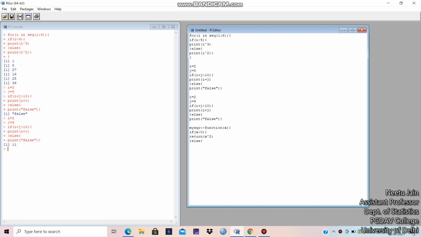Body of else is started, okay, and else is print false. This is finished, and this function braces has to be finished, otherwise it will give you the error.